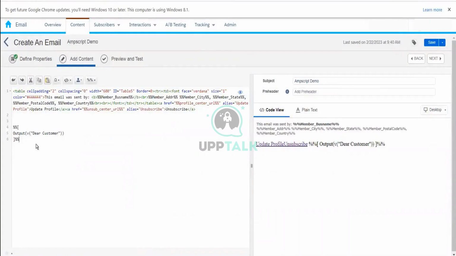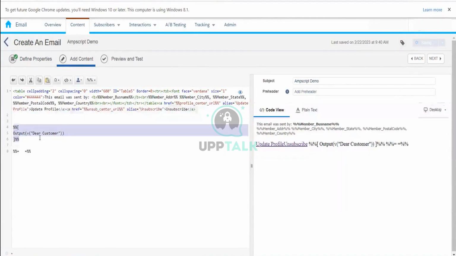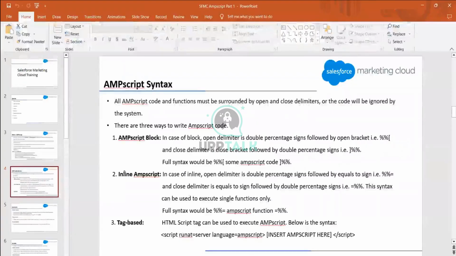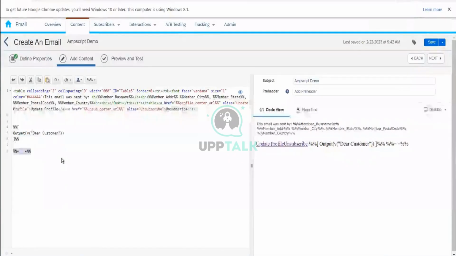The other way is that we can use a different type of delimiters. That is, your double percentage signs, equals to, followed by double percentage signs. These are your delimiters. Here, these are your open delimiters and this is your closed delimiter. The first syntax that we have seen is called your AMPscript block. Now this syntax that we are using is called inline AMPscript. Here, we can also print the same thing. Let's say